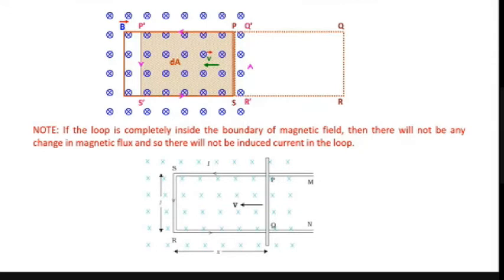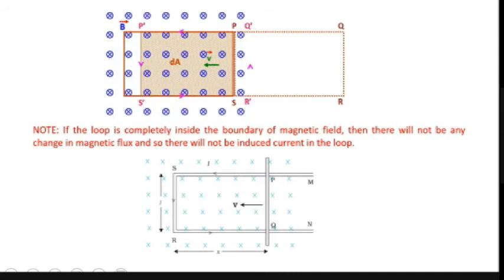This is the arrangement shown in the NCERT textbook also. So here you can see that the coil is completely inside the magnetic field. But here one thing is there, the arm PQ is a movable one. PQ can move inwards or outwards. So as it moves inwards, what will happen, Malavika? Yes, sir. So here we have a rectangular coil. What is the specialty of this rectangular coil? One side is movable.